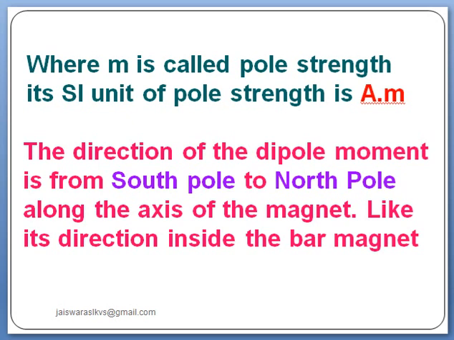And what is its SI unit? SI unit of pole strength, that is m, SI unit of m is equal to A m, where A is ampere, m is meter. So the SI unit of pole strength will be